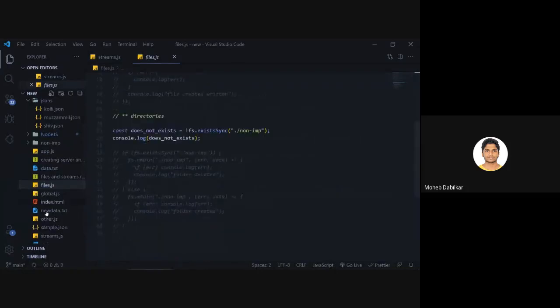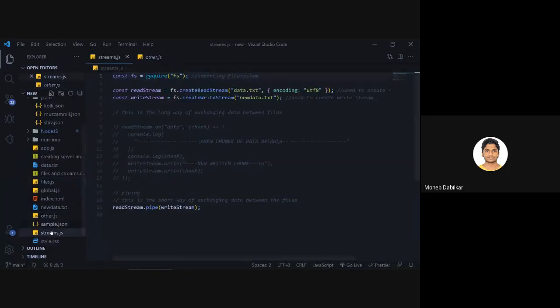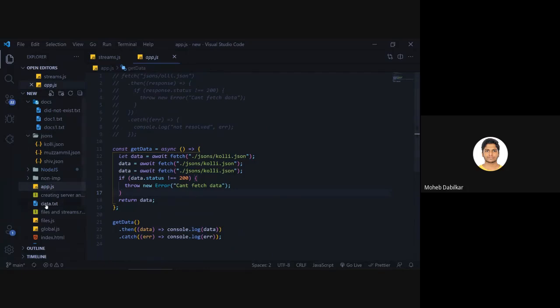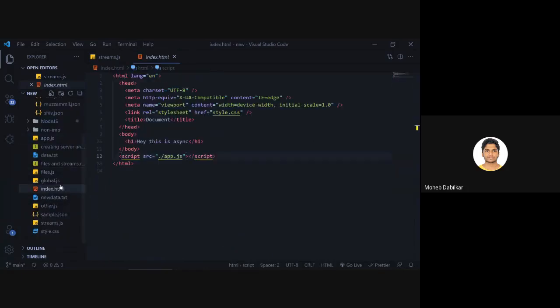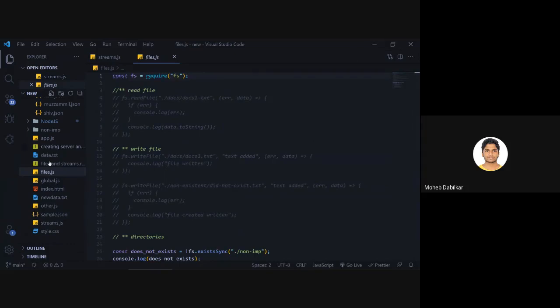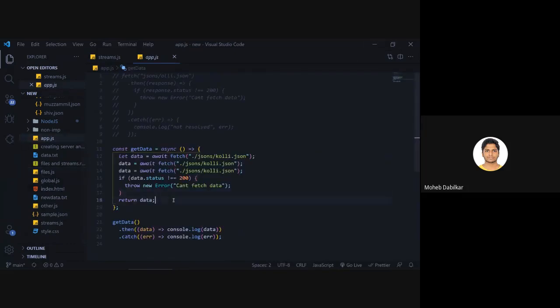There are still other ways to do it. Like if I go ahead and show it to you, this is streams. There are many other things that I really need to show you guys, but we don't have that much time because we have to complete a lot. I can't seem to find it right now, so I will just show you this way of doing it.